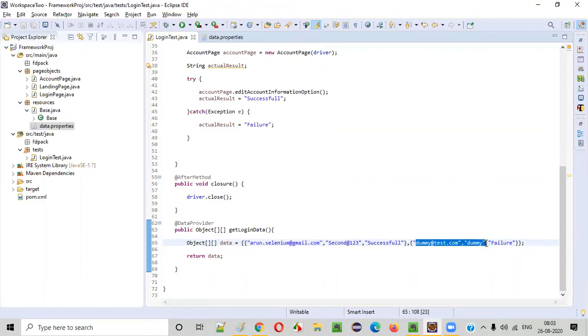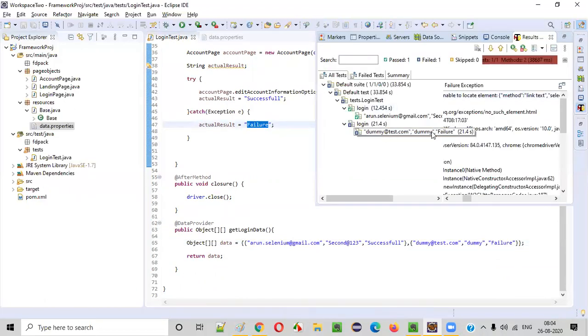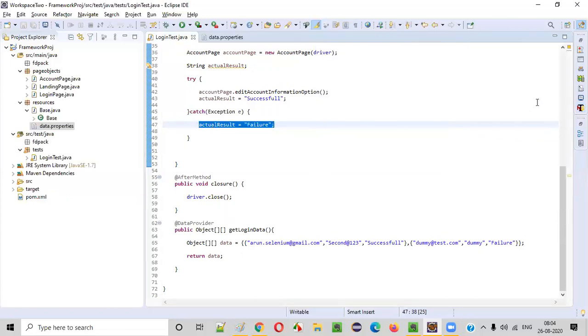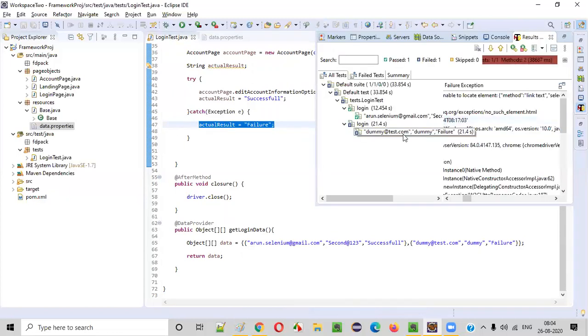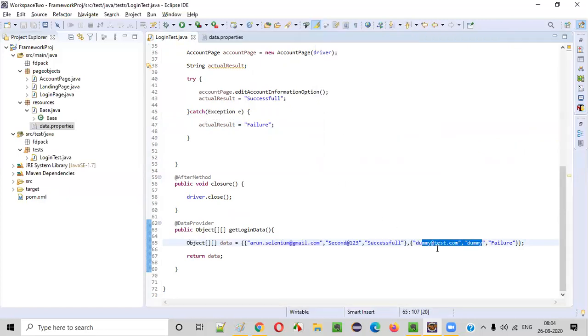It should not log in. If it logs in, only then the error or defect is there. If with invalid credentials you are able to log in, it means an error is there, guys. A defect is there in the application. With invalid credentials, if you get the actual result as failure, that means the test should pass, not fail. You're understanding, right? Here with invalid credentials, the login should fail.